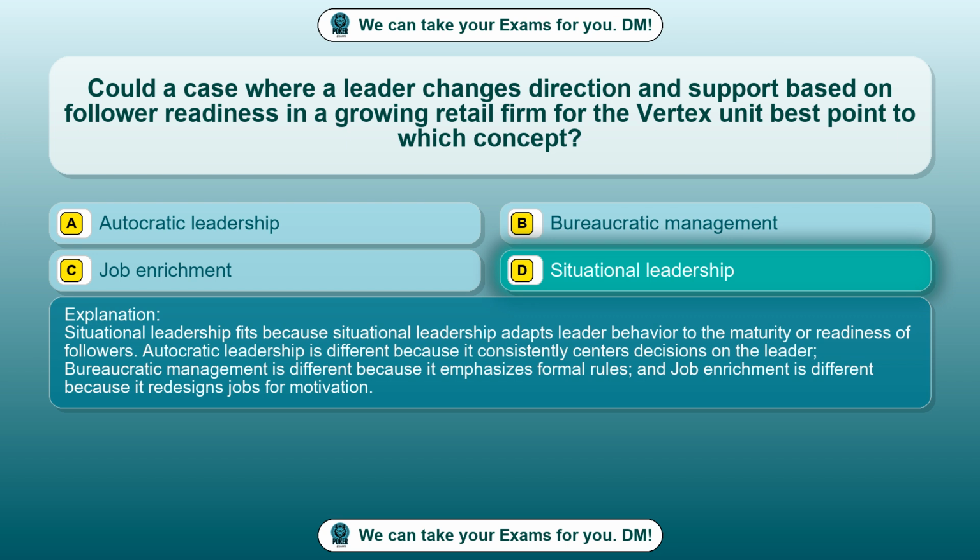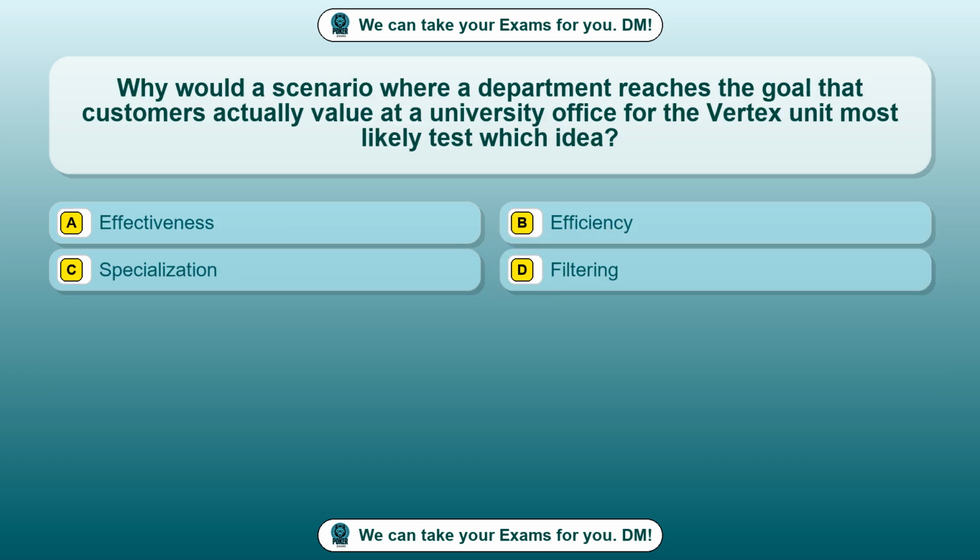Situational leadership fits because situational leadership adapts leader behavior to the maturity or readiness of followers. Autocratic leadership is different because it consistently centers decisions on the leader. Bureaucratic management is different because it emphasizes formal roles, and job enrichment is different because it redesigns jobs for motivation. Question 39. Why would a scenario where a department reaches the goal that customers actually value at a university office